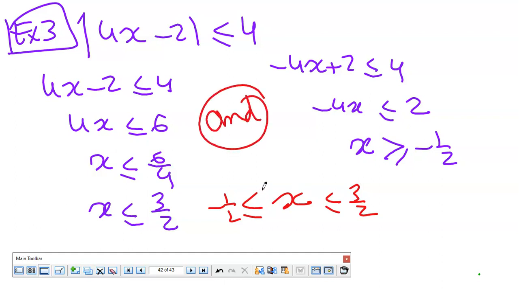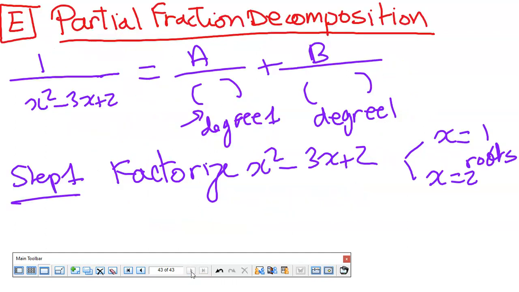So x is between. Then you write the final answer, and don't overthink. Should I write and? Should I write or? In the end, when you finish, you write the final answer. So I want x to be bigger than minus half, and minus half is less than 3 over 2, so I can write it as an interval between, and that's it. This is the final answer. That's it for this part. Later in the next video, we will start the partial fraction decomposition and the piecewise